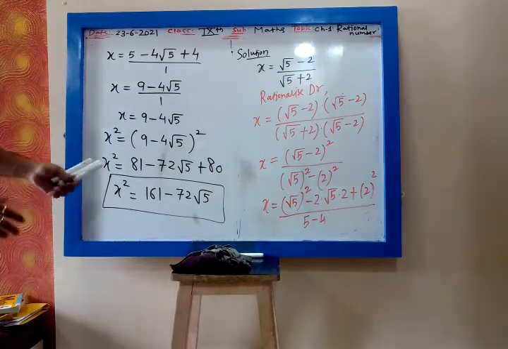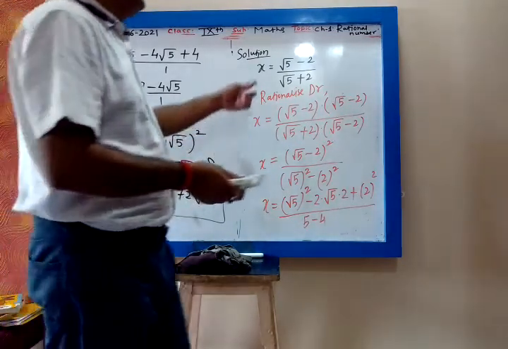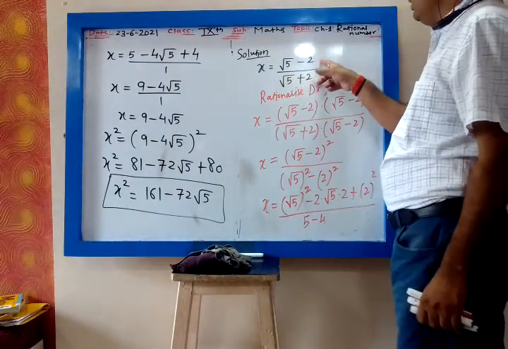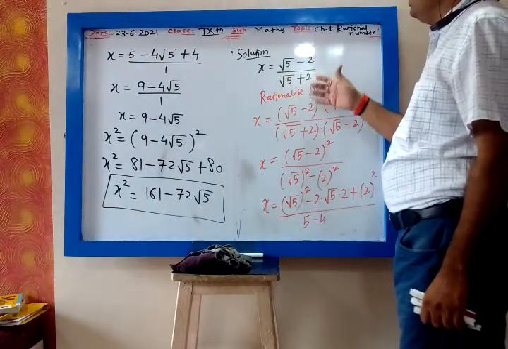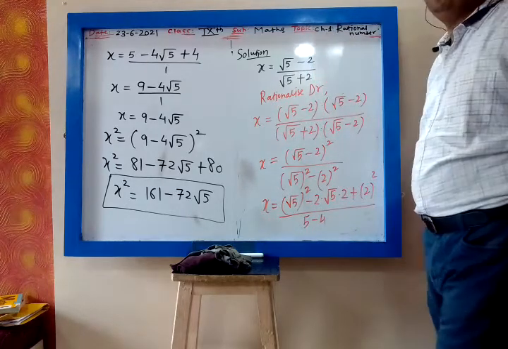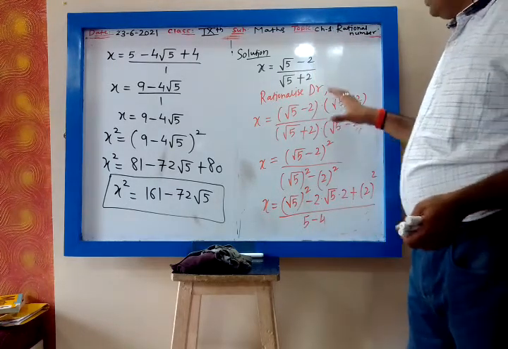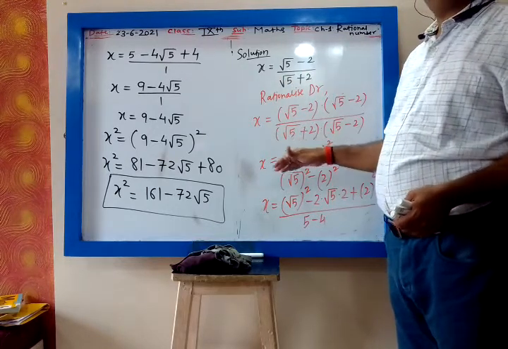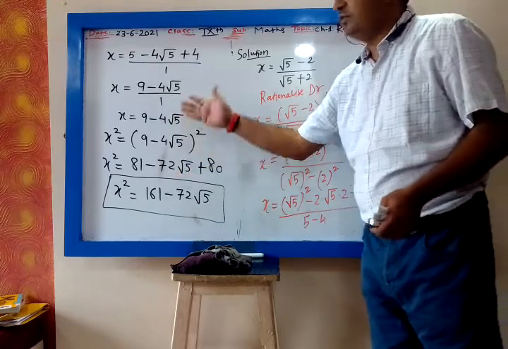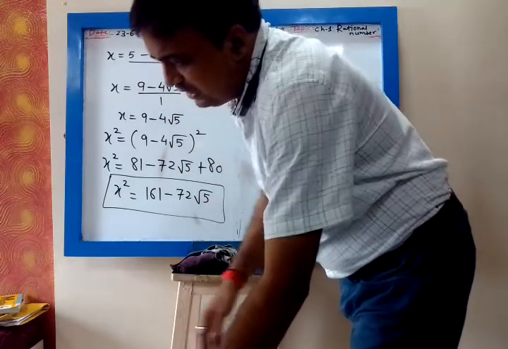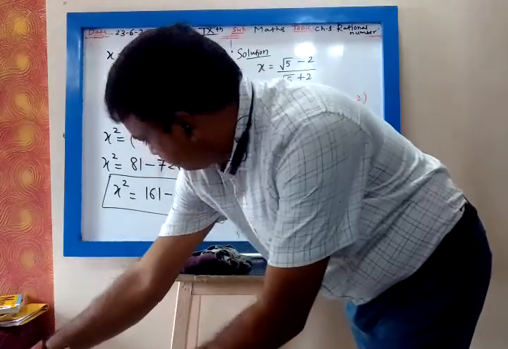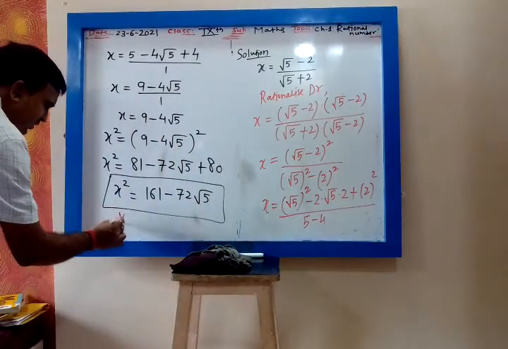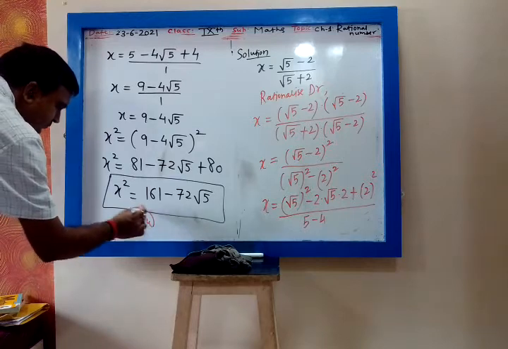Understood this? So my advice is, don't directly square. Because when you directly square, you have to square the numerator, square the denominator, then divide and cancel, and the calculation will be complicated. So the working method is you simplify x. After getting the simplification of x, then at the end you square it. Now the y square part I am giving as homework. Similarly you will simplify y first.